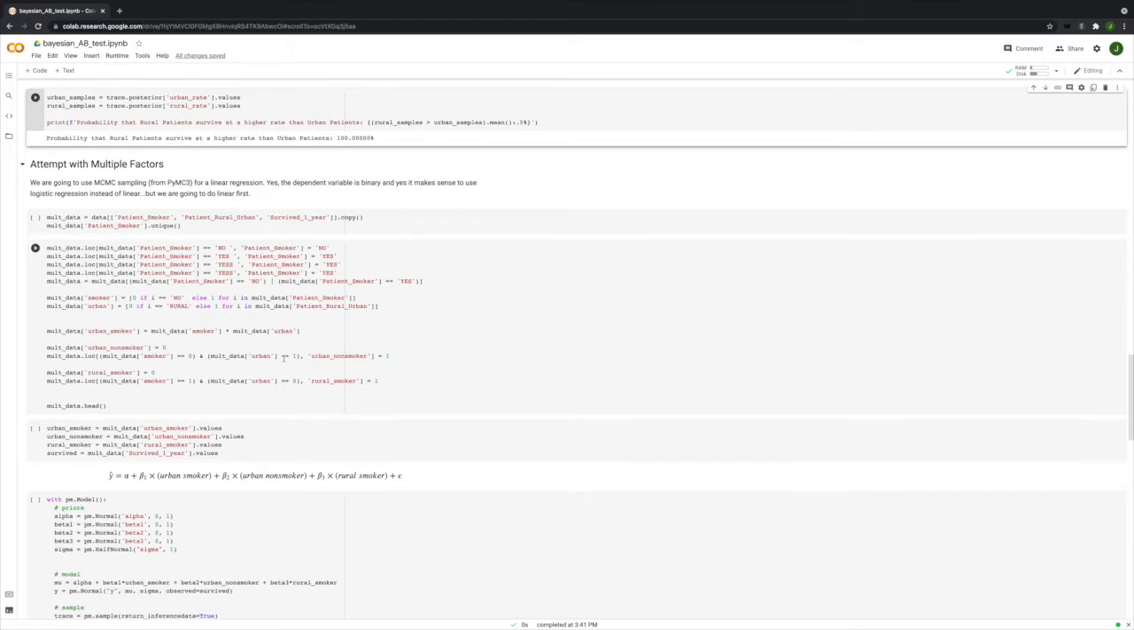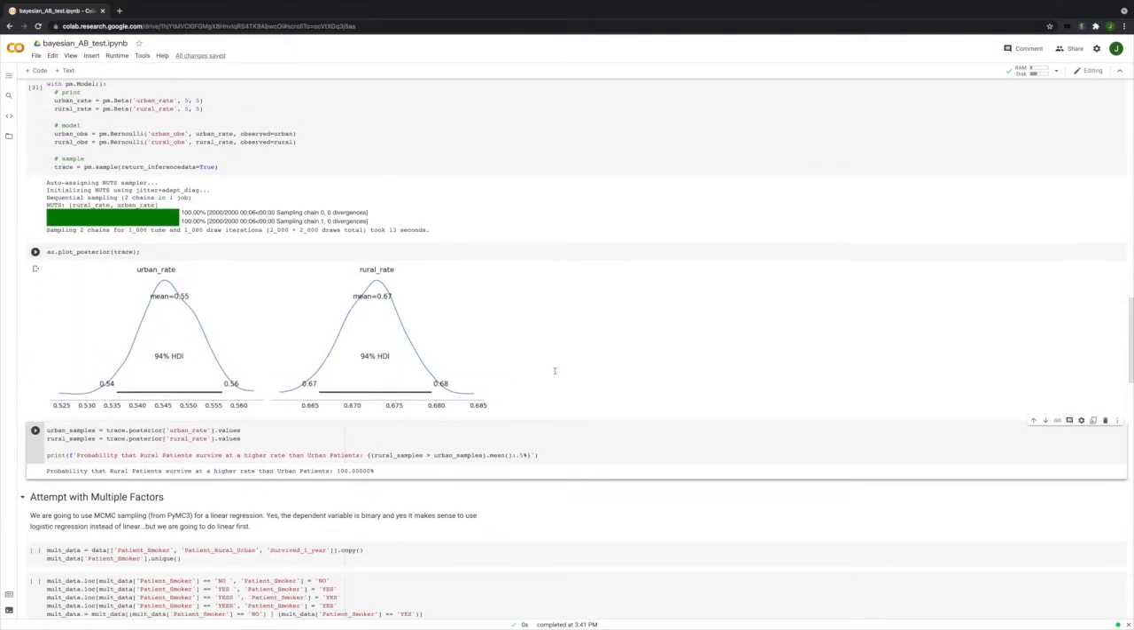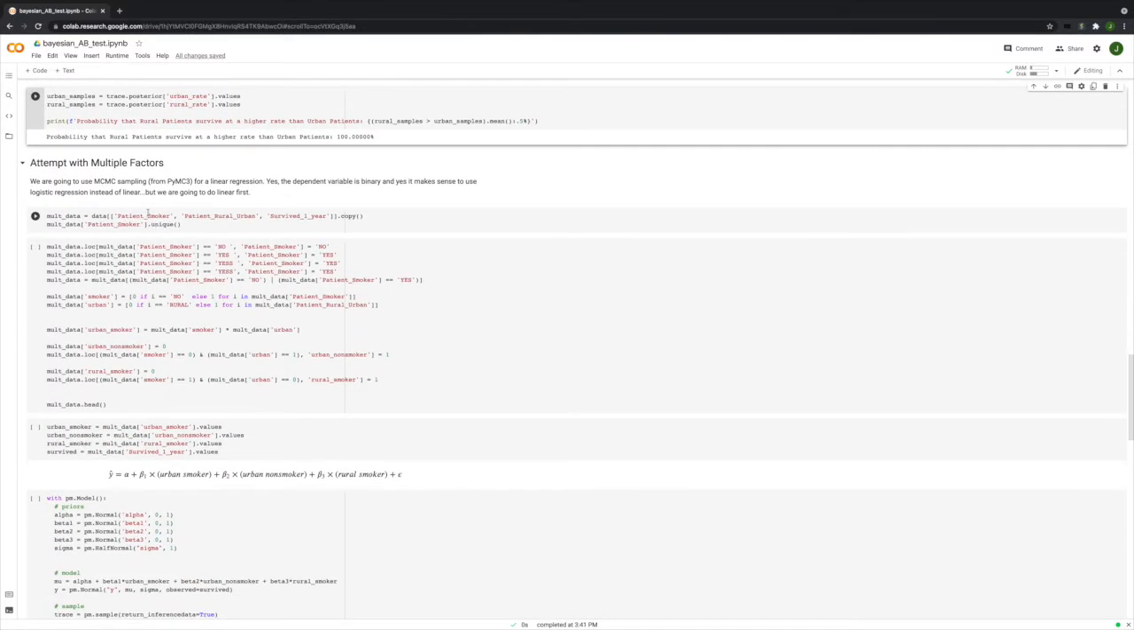Let's move on. Let's try something a little more interesting. We'll do it with multiple factors now. And our second factor, if we go back up here, now we care about urban and rural, but we also care about smoker or non-smoker. Just from what we know about smoking, it seems highly likely that smokers will survive less than non-smokers, but let's find out. So we're going to grab those 3 columns that we care about,